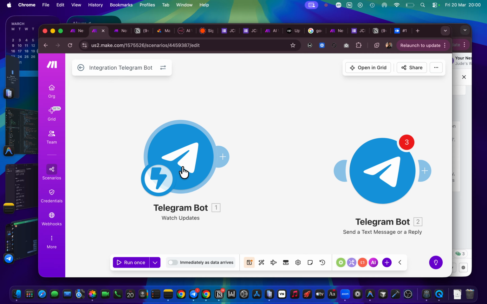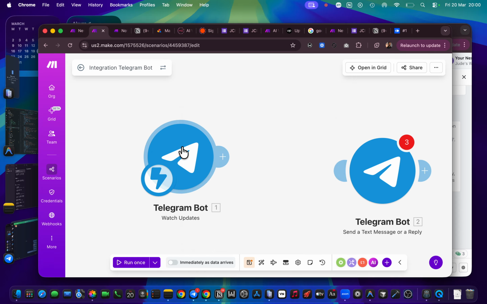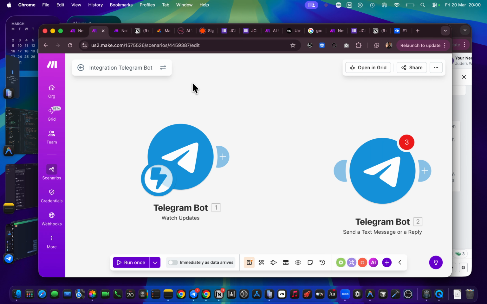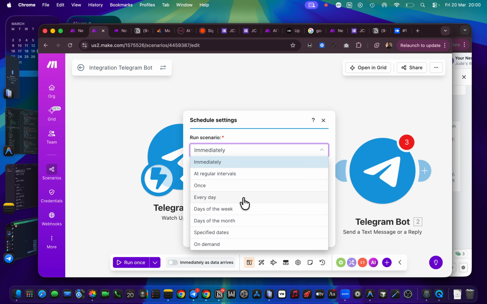So that is where something like this most of the time comes up, and it mostly happens in webhooks. You saw that when we open this, it has the word webhook. Now you need to know that for all those tokens and all those APIs we're talking about, most of them are just connection keys that are specific to your own account alone. My token key or API key can never be the same as yours. In this case, most times we can configure it to receive data at an interval, once a day or anytime.